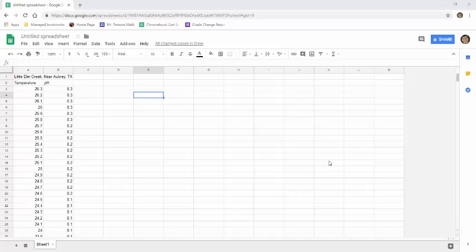So the data we're going to be using comes from the USGS, and it's the Little Elm Creek near Aubrey, Texas, and it's the temperature of the water and its associated pH. In this case, we're going to use the temperature of the water as our explanatory variable and the pH as our response variable. In other words, we're trying to use the temperature of the water to determine and estimate what the pH